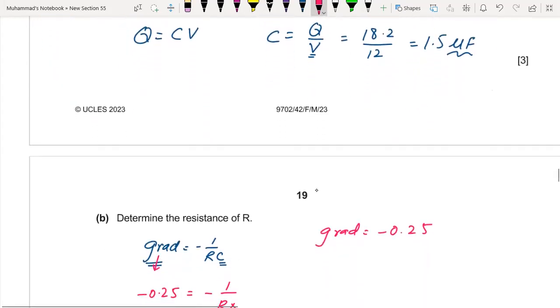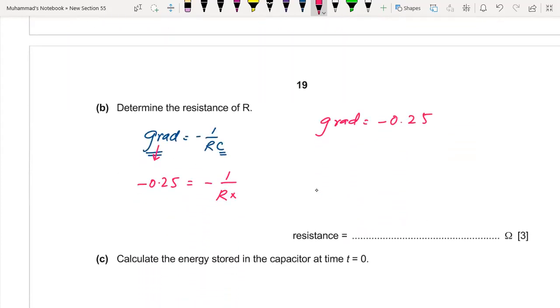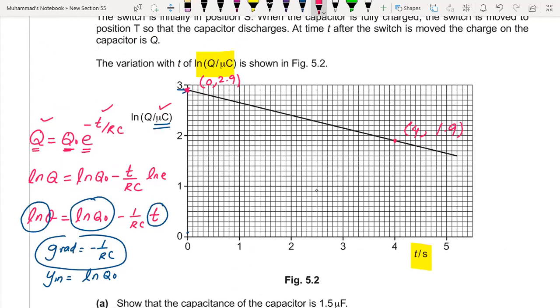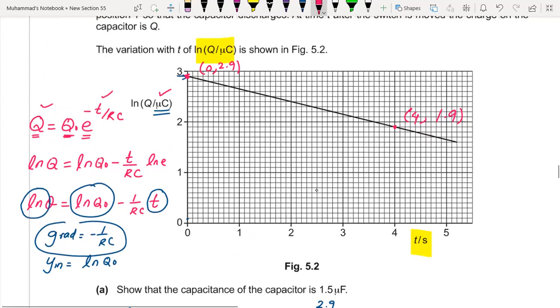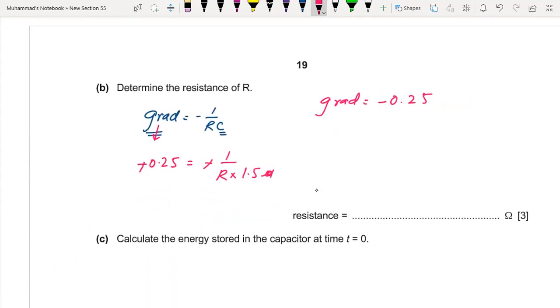1.5 microfarad. Okay, now this is again very important. You know that the gradient will be on the vertical axis, the charge in microcoulomb, over time, which is in seconds. So ultimately, there is no need to convert this 1.5 micro into coulomb. So you will get resistance as,